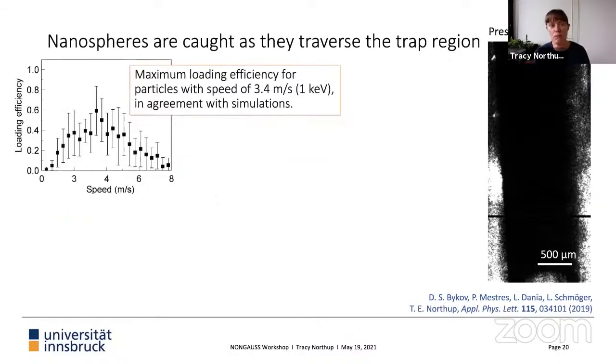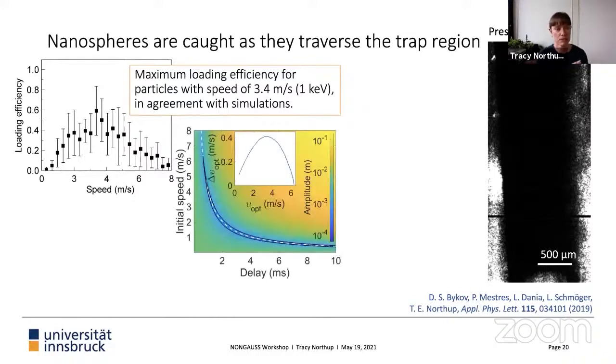And then we have a different version. We did a lot of analysis of this loading at pressures that are not in ultra high or even high vacuum, but something like 10 to the minus 3 millibar. We analyzed the loading efficiency and saw that it agreed nicely with our simulations. We understood that we could get a loading efficiency of about 1 out of every 2 times that we tried.